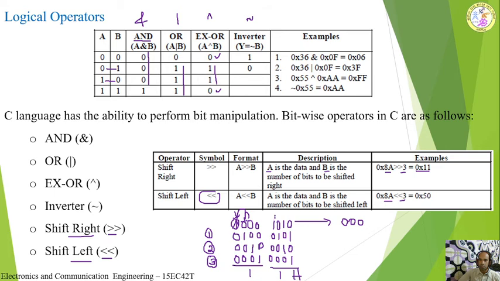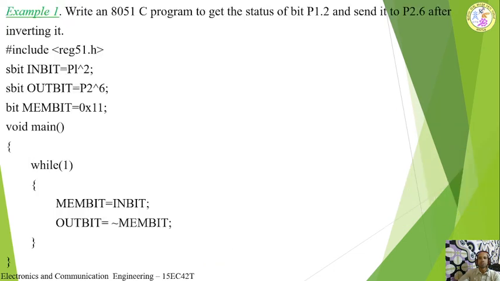And this 1 will come and occupy this position. So this becomes 1 now. Now what is left here? So 0 is left, 1, 0, and 0. One more 0 we are appending from the right side. Again you do the second shift, third shift, you are going to get this answer. So this is how we can use the logical operators in 8051 C programming.